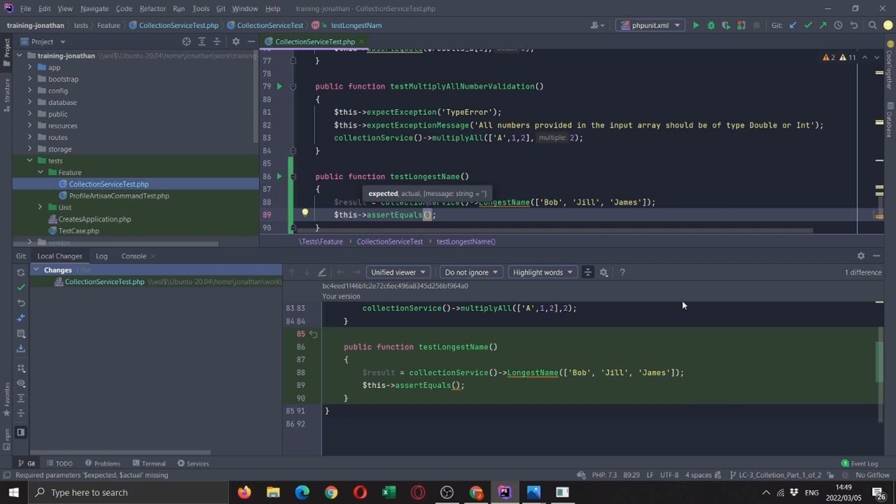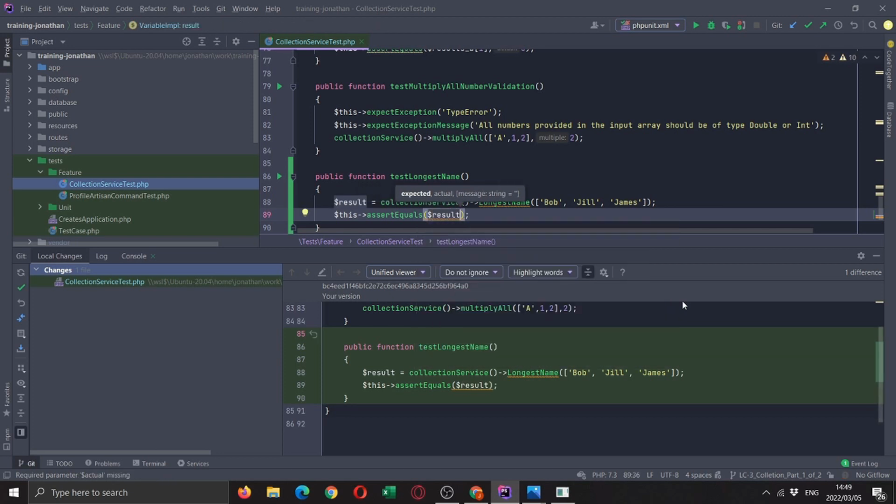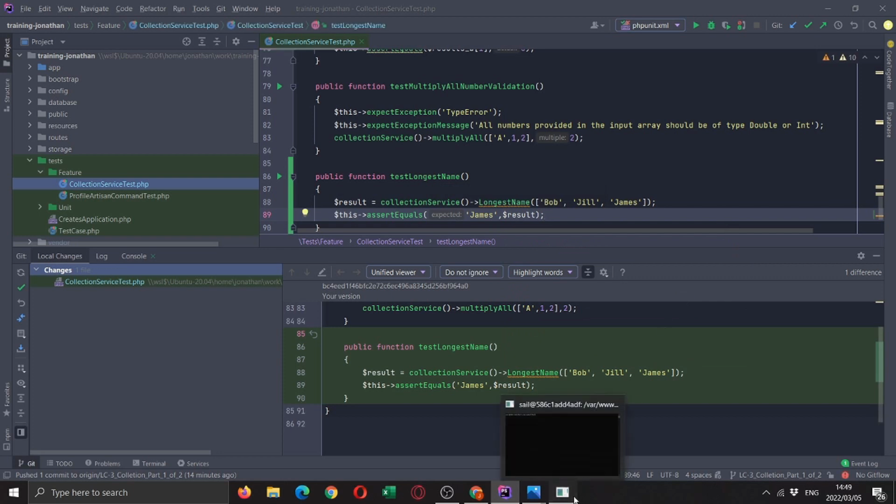So we need to validate that result. Oh, sorry, expected. So expected in this case will be James, and the actual is result. Perfect. Got our initial test set up.